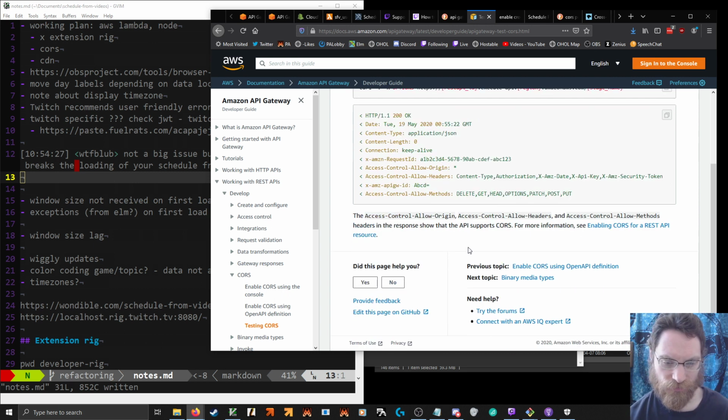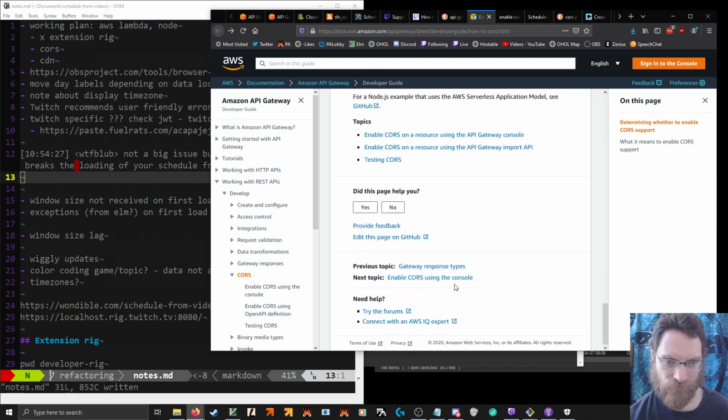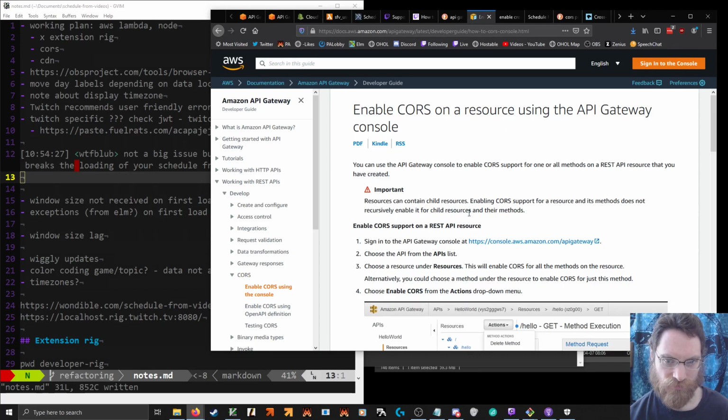Yeah, stage name. Can contain child resources, and its method does not recursively enable it for child resources.